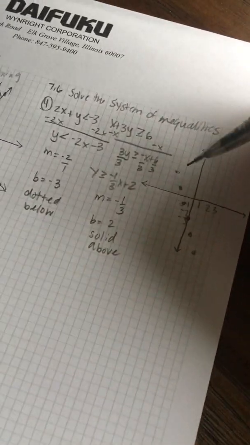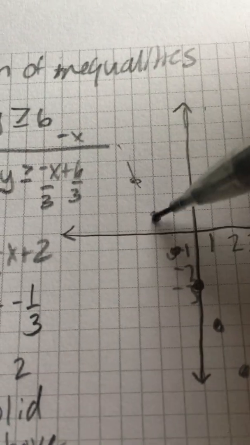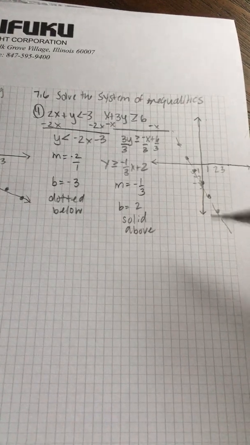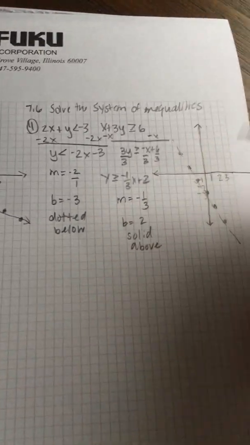Dotted when I connect these. Yikes, sorry guys. Dotted when I connect, and I need to shade below. So I know I'm going to shade somewhere here, but I'm going to wait until I add my next line in. That next line says to start at 2